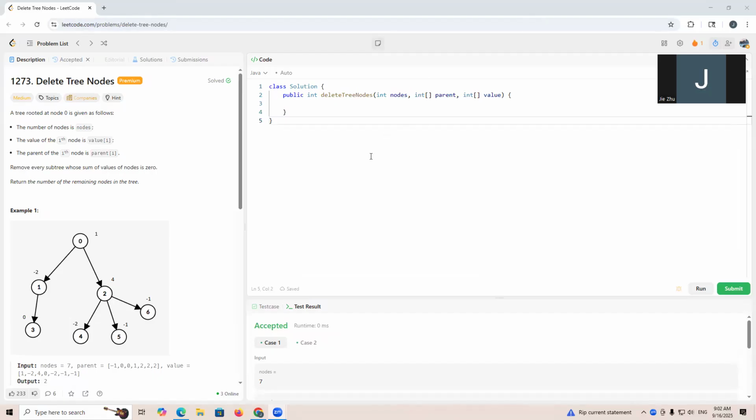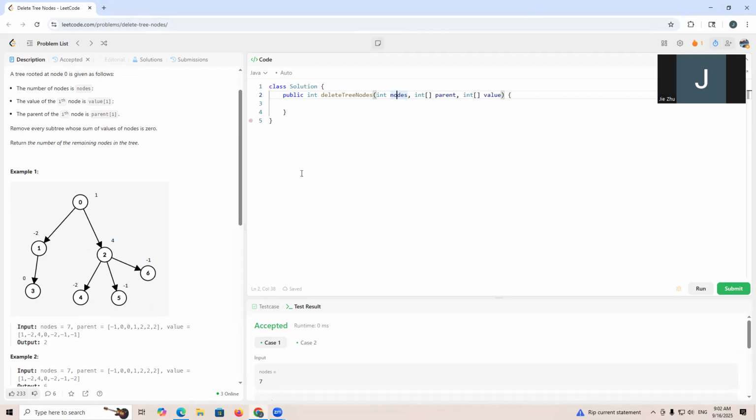LeetCode 1273, Delete Tree Nodes. They give us a tree. This tree is using number nodes. That means how many nodes it is, from 0 to nodes minus 1. Those kind of nodes number. And for every node,